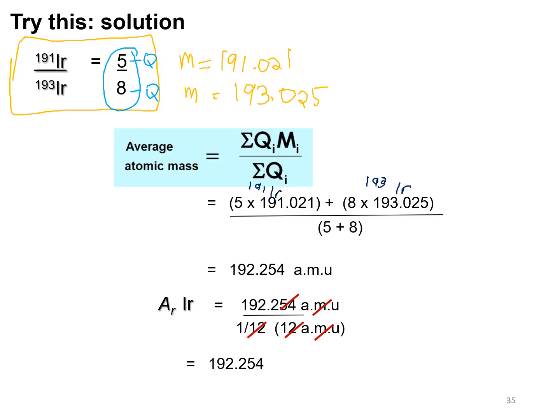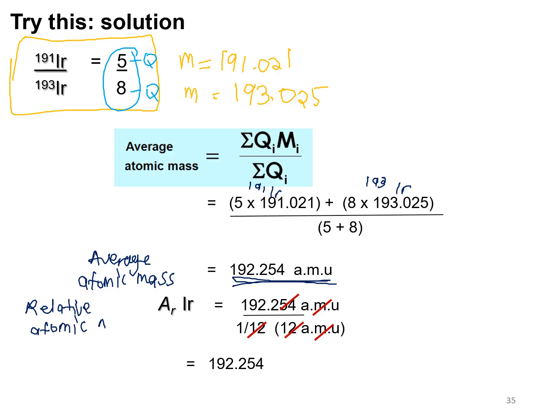And then you bagikan dengan diorang punya relative abundance masing-masing. And you akan dapatlah the average atomic mass adalah 192.254 AMU. Untuk cari relative atomic mass untuk Ir,